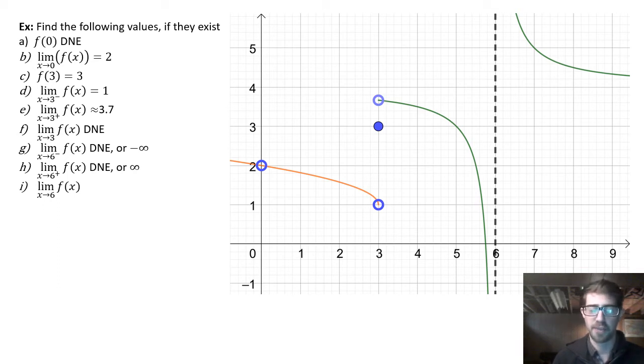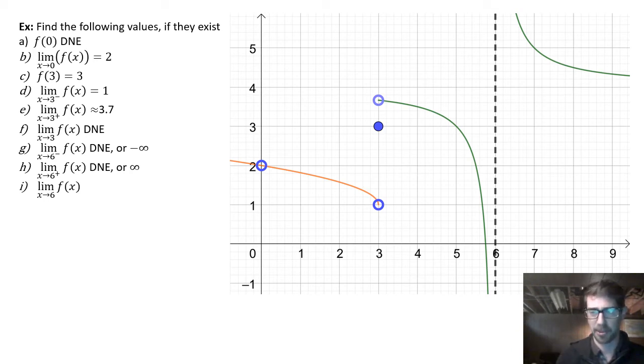Oh, and if we said the limit globally as x comes to 6 of f of x, well, here you have to say it doesn't exist for a number of reasons. A, it's a vertical asymptote, so you can't say it's infinity. But also, if you come from the left, it goes to negative infinity. If you come from the right, it goes to positive infinity. So you wouldn't even say those two aren't equal because